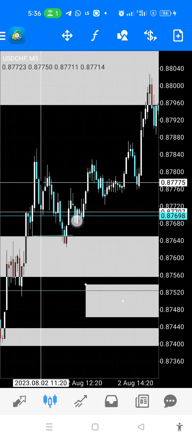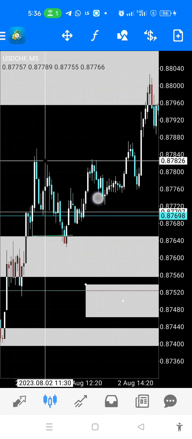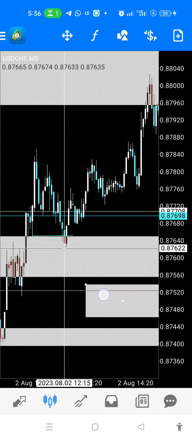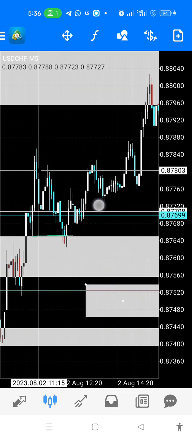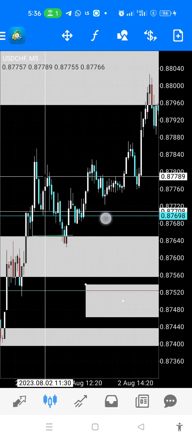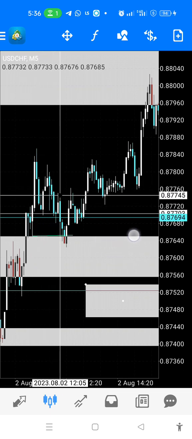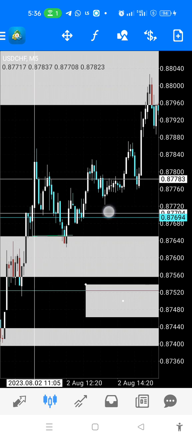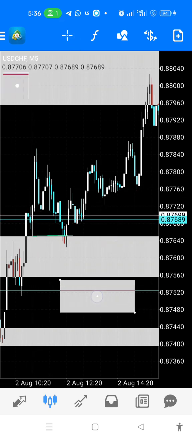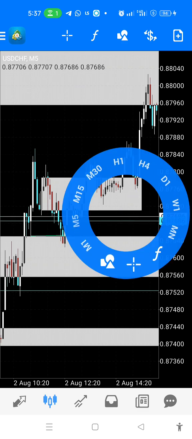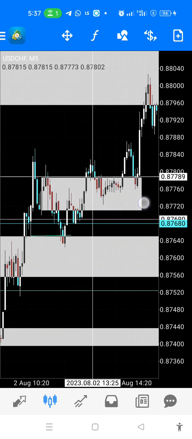Why is it a breaker block? We have a swing high here. This swing high took out this low, it broke this low, and from this low we have another high that took out this low, this high that was responsible for breaking this low. So this is now a breaker block. I know it is confusing from the way I'm explaining it. That's why I don't like talking about breaker block. It's very confusing. So I think the best person that can explain breaker block for you is if you go and watch the ICT video on breaker block. So this is what we call a breaker block. So when price came into it,